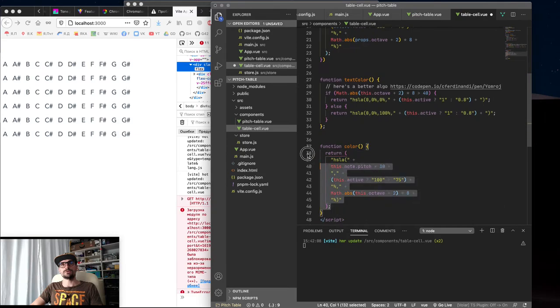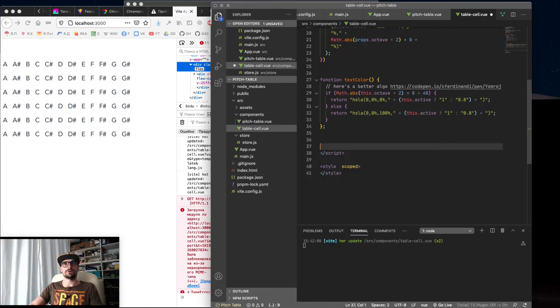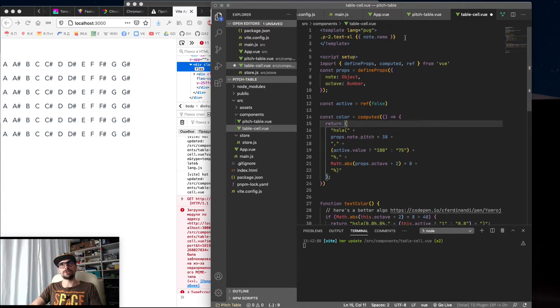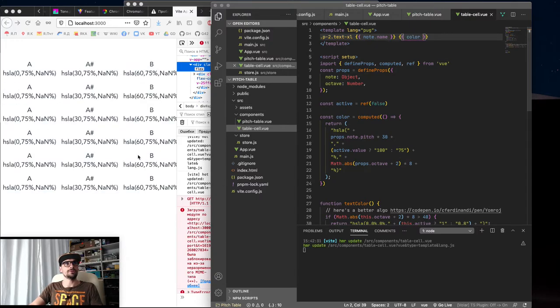Yeah, that's it. We don't need color function, and color computed is here, and we may just look at it